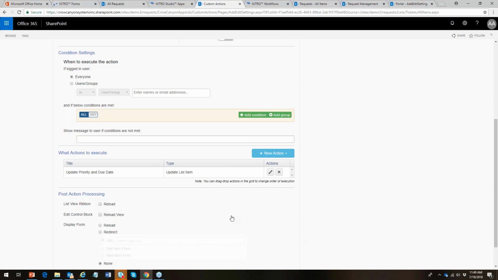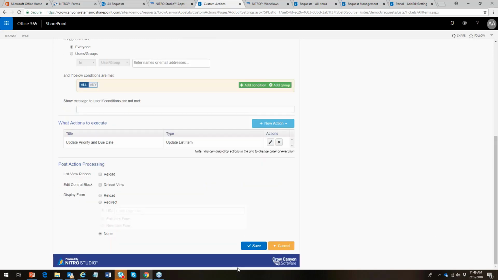But the concept here is now we're going to update priority and due date. We could add another action of sending an email. We could add another action of blah, blah, blah, whatever is necessary or whatever constitutes an execution. Now, if we save this, we have another